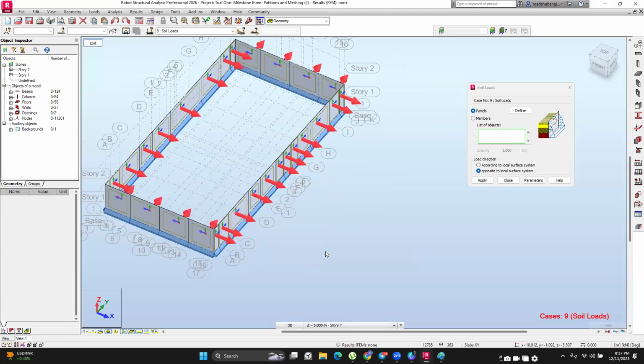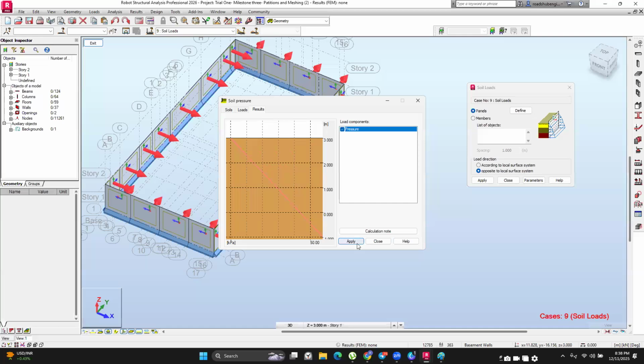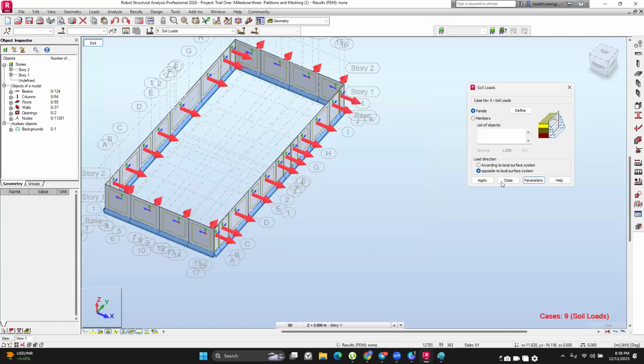So we are going to do this panel by panel. Say these panels here, then this one, then this one, then this one, just procedurally to ensure that we define them correctly. After you have entered your parameters, the type of soil and the level, you just click on loads, results, and then you apply it. Then you ensure it's under panels, so panels is checked, and then you click on the list of members to select them. Ensure this is